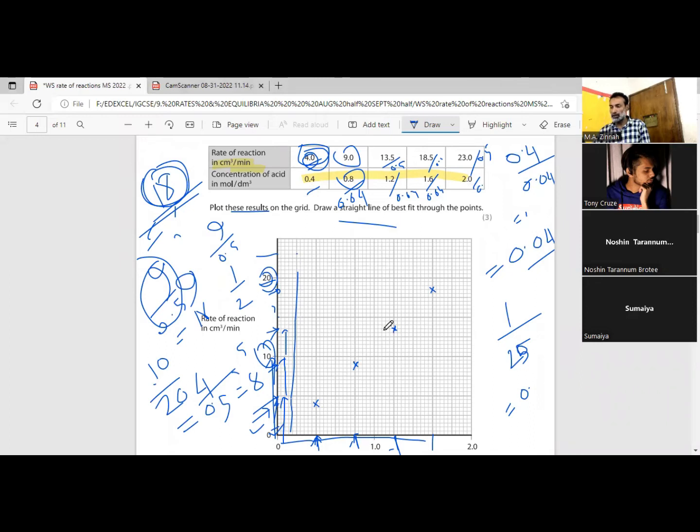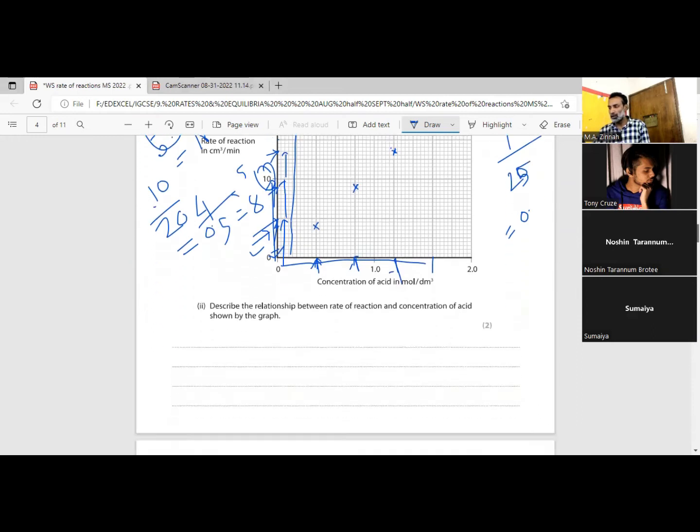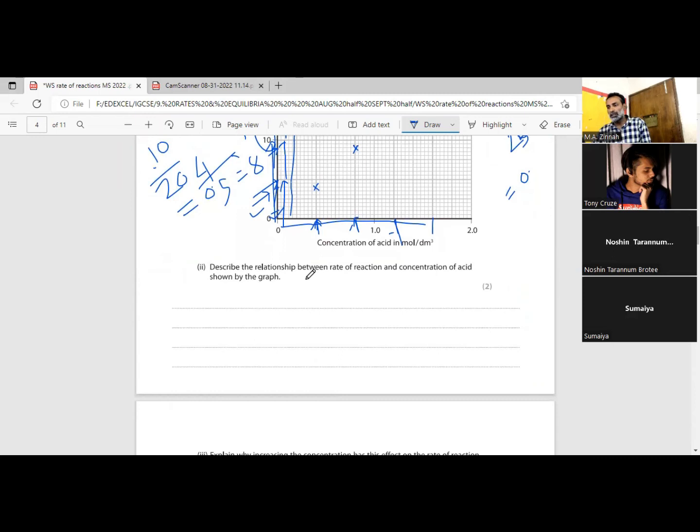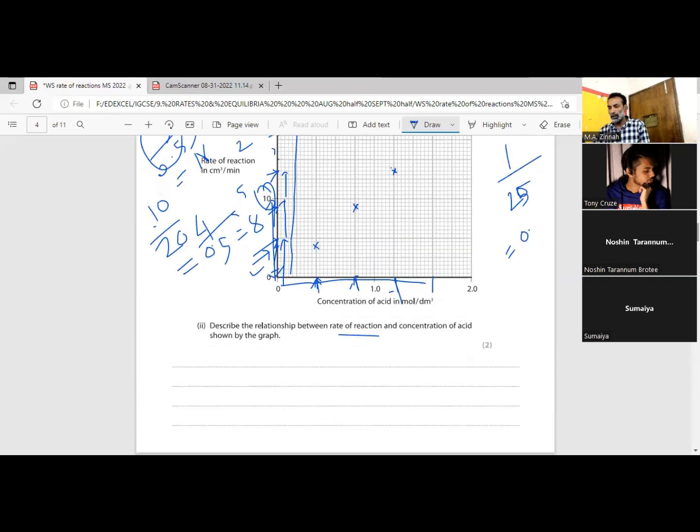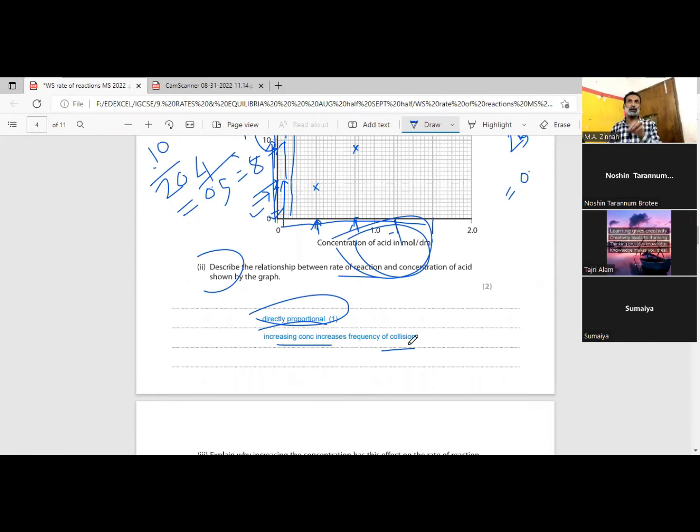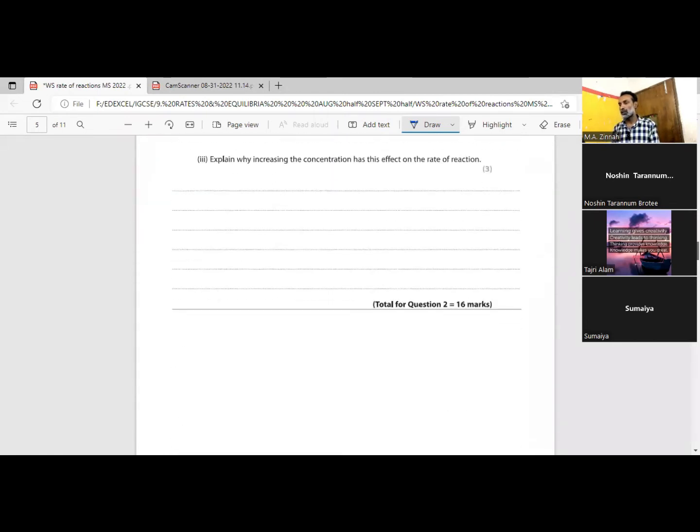With this screen, it's difficult for me to draw the best fit line, understand? আমি best fit line draw করতে পারছি না, দেখাবো। Describe the relationship between rate of reaction and concentration of the acid. Okay, here, how are the relation? What is the relation between these two, rate and concentration? বলো দেখি. Yes, you are directly proportional, you get marks, right? So, directly proportional. Okay, explain করা হয়। In terms of successful collision energy, explain why increasing concentration has this effect on